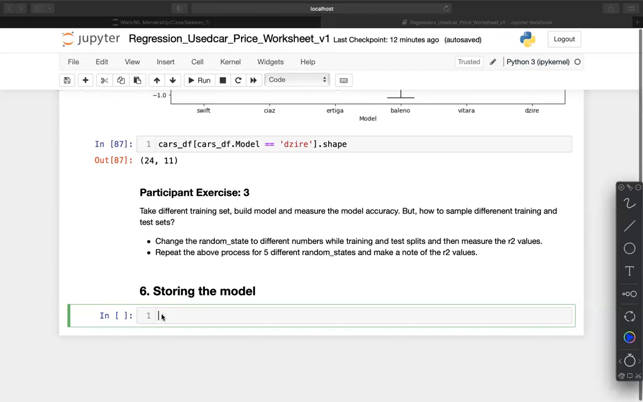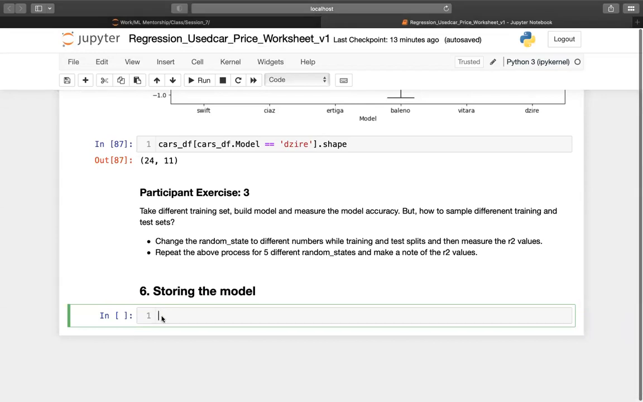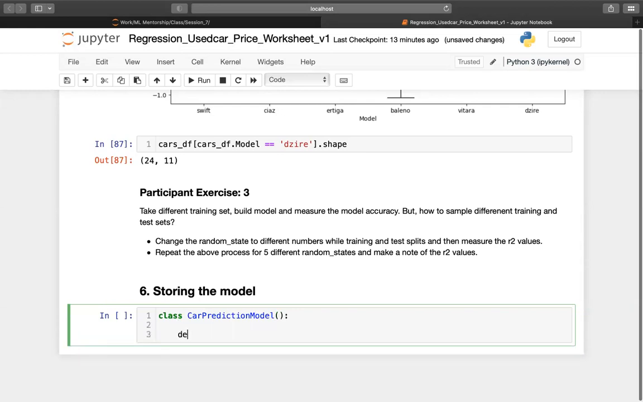So if you know how to define a class in Python, it'd be easier. Otherwise, you just look at how to define a class in Python. So let's say define a class. Let's call the class CarPredictionModel, and we need to define a constructor. In Python, it's called an init method, which takes self and other parameters which we need to pass,